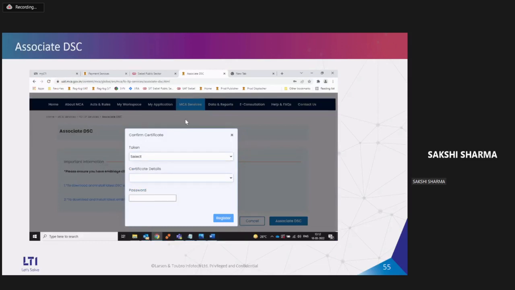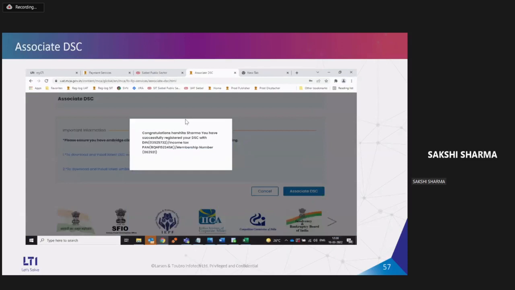We need to click on the ePass token available on our system, and in the certificate details we'll receive our name, whosoever's DSC we have selected, and we need to put our new pin here and click on register. This is it. As soon as we click on register, our DSC will get registered here. So I hope this clarifies.